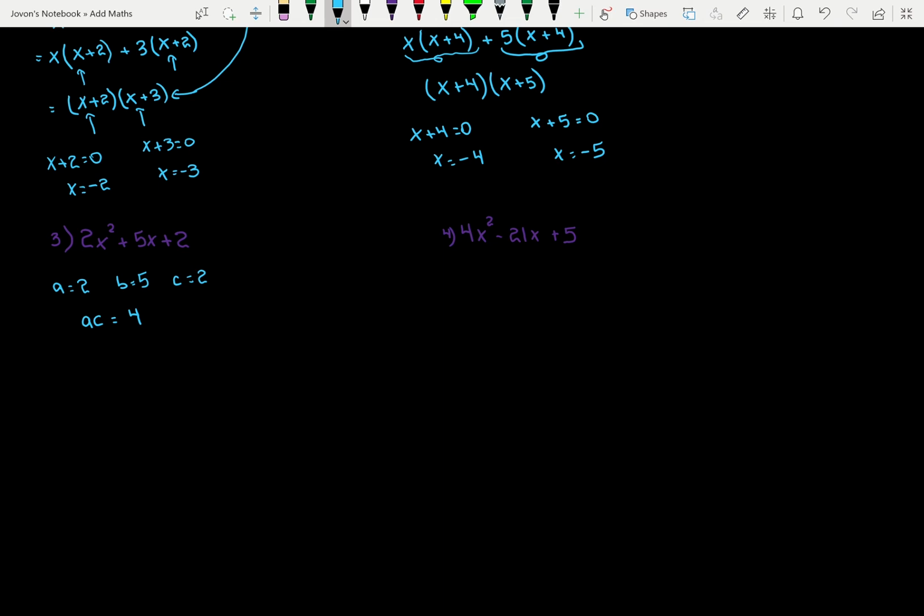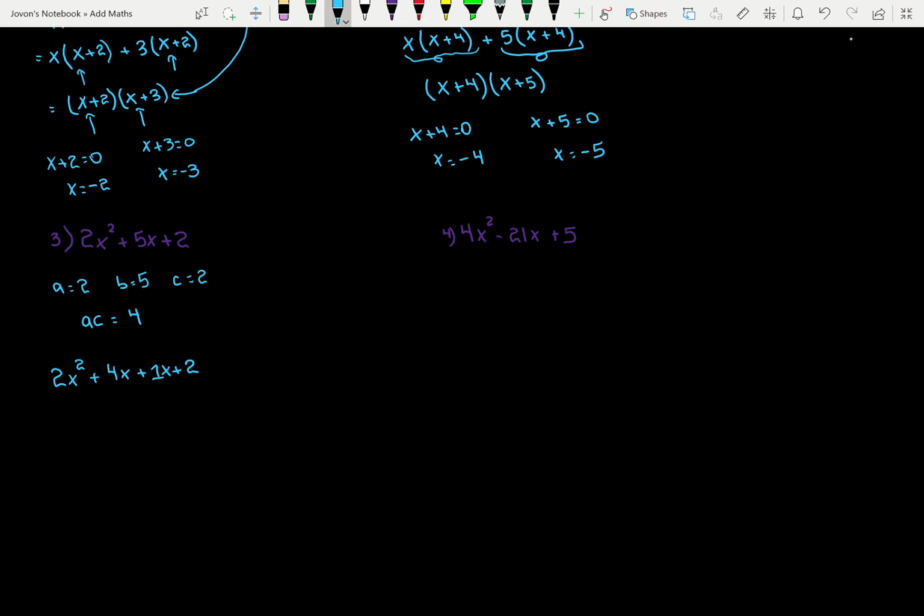So what numbers multiply to give you 4? We have 1 and 4. 1 multiplied by 4 will give you 4, and we have 2 and 2. 2 multiplied by 2 will give you 4. Now, out of those numbers, which ones would add up to give you 5? And we would realize that to be 4 and 1. Okay, so all we do is 2x squared. Okay, so we say it's plus 4x plus 1x plus 2. Okay,